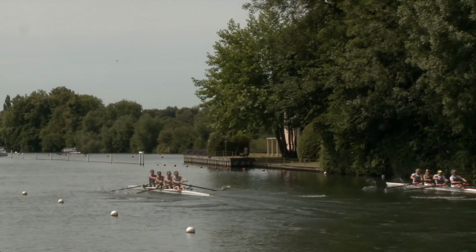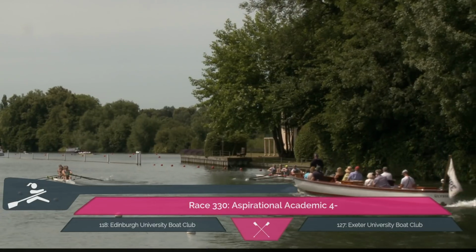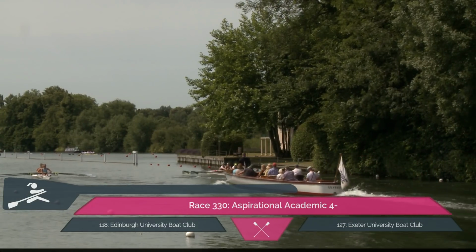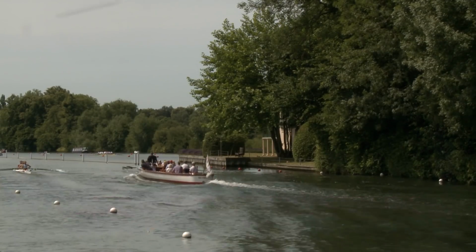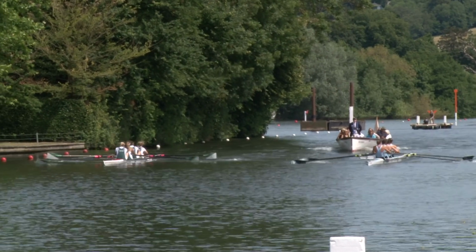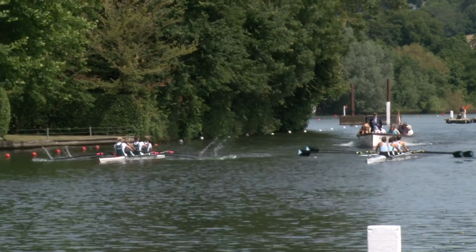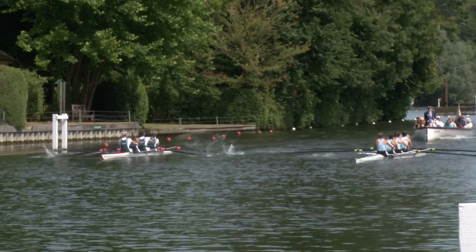I think Sophie Coltman sitting in there, she's from spending a year out in Australia. It's been a bit of a tough road for her recently. Had a couple of back injuries at the start earlier in her career, but she's gone through the program. She's put the hard work in, doing those early mornings that we all know about in the rowing world. She's back racing today, part of this Exeter crew who have stuck with the Edinburgh Uni crews at the start